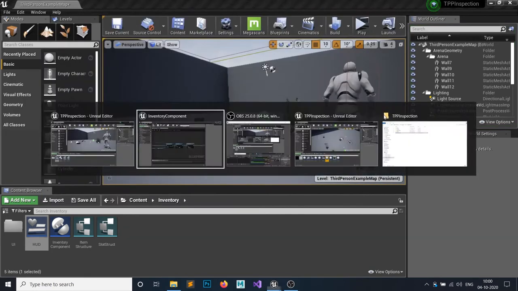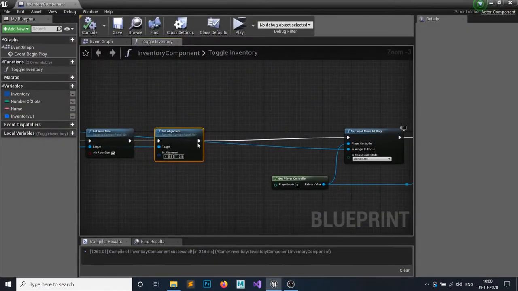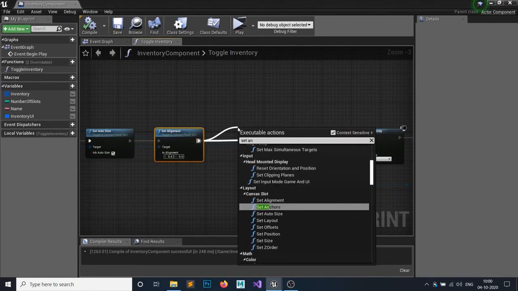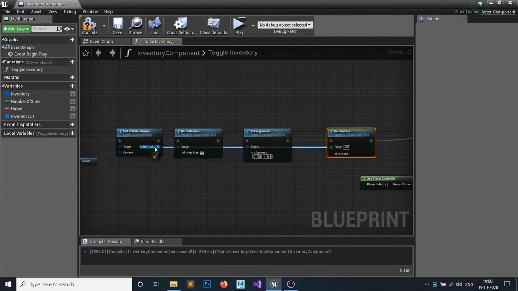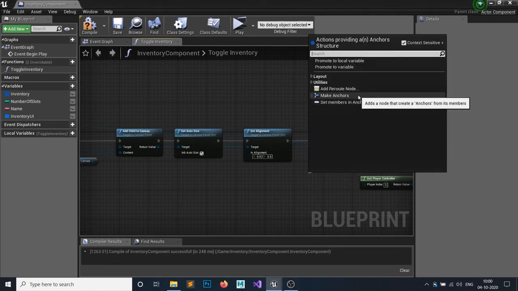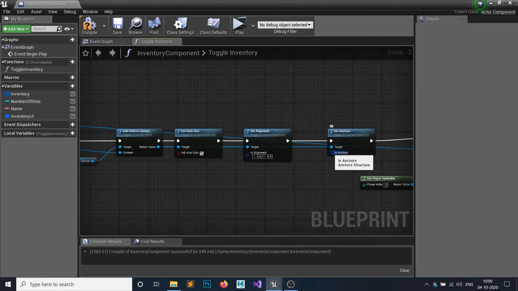So how are you gonna do that? From this, set anchor. The target would be your child canvas, so the child canvas return value would be the target. From the anchors you can make an anchors, and if you right click on this you can split the struct pin.